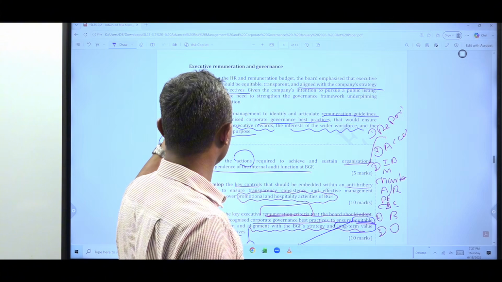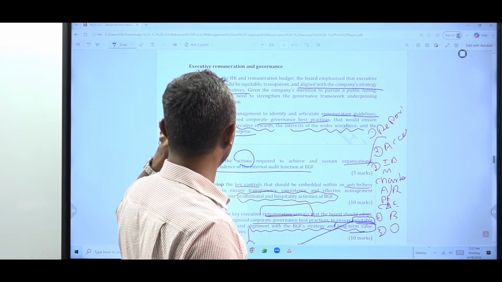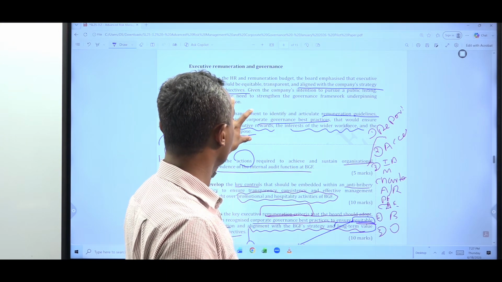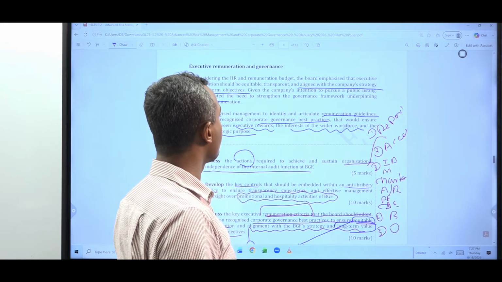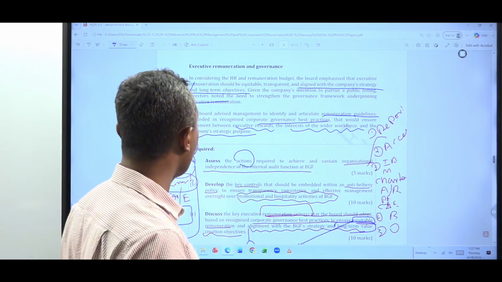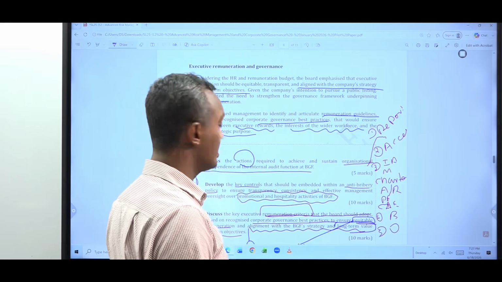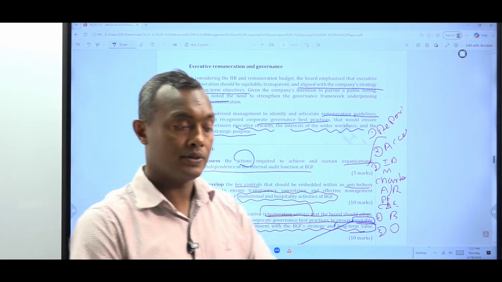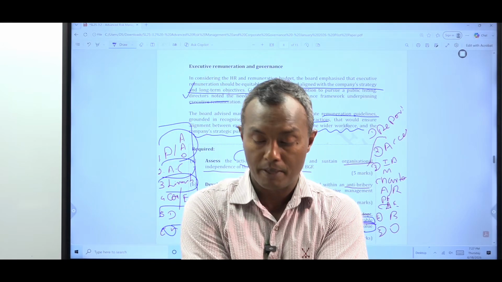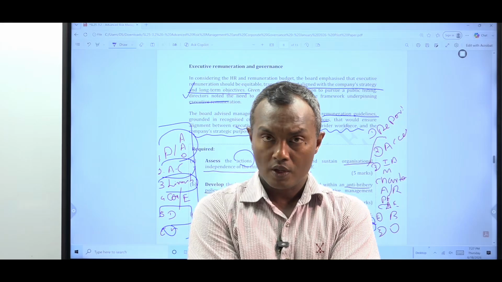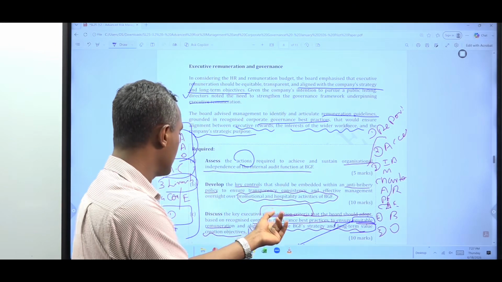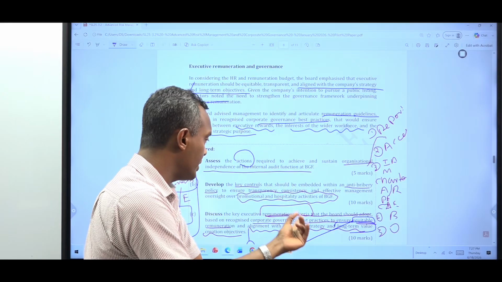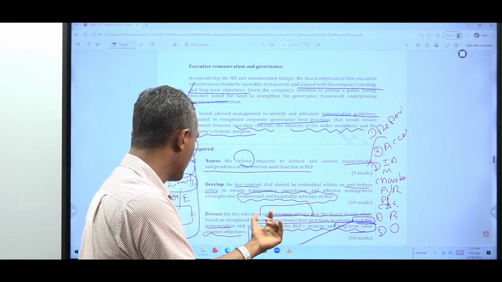So remuneration guidelines that ensure alignment between rewards and the interest of the wider workforce and the company's strategic purpose. So now the question: discuss key executive remuneration criteria that the board should adopt